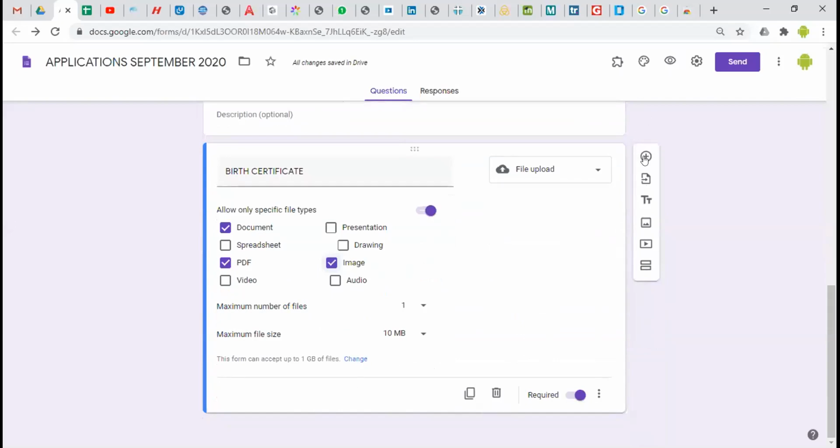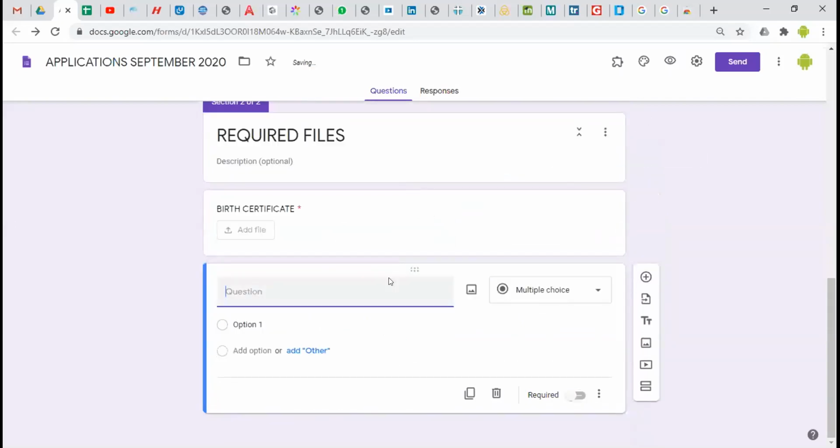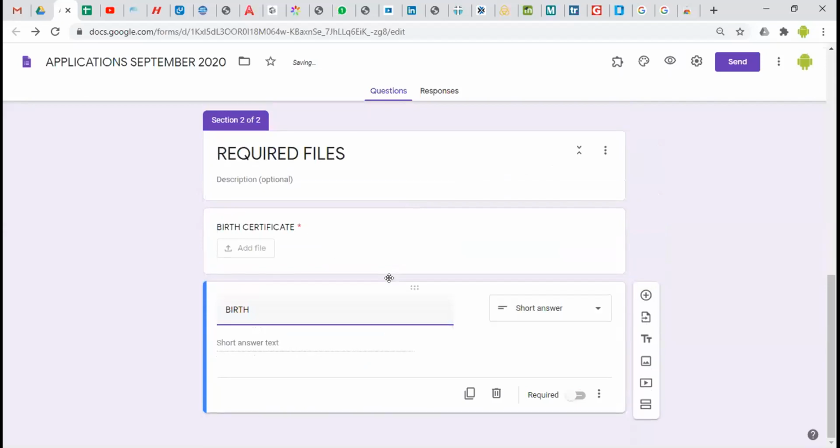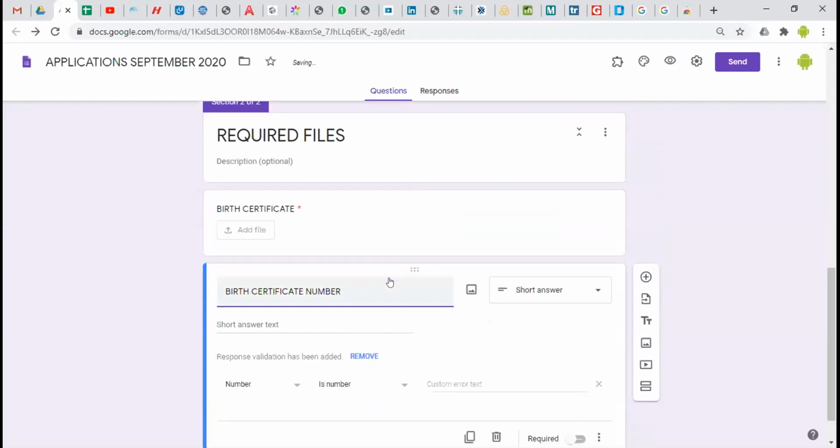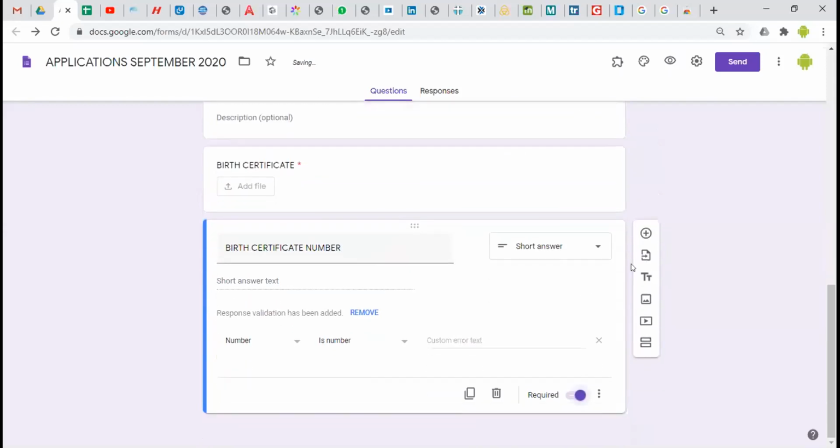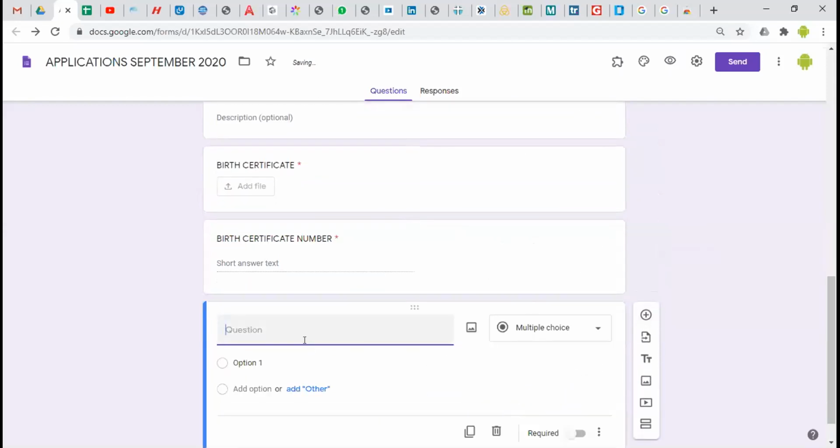Then we add another question. You can maybe tell them now to put the birth certificate number. It is required. KCPE index, or just KCPE certificates.